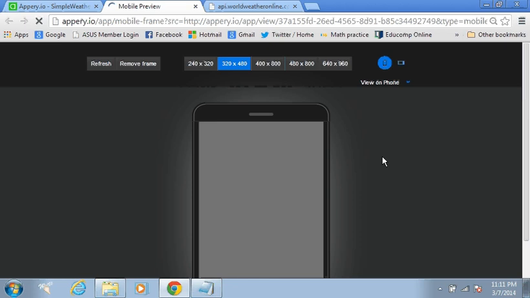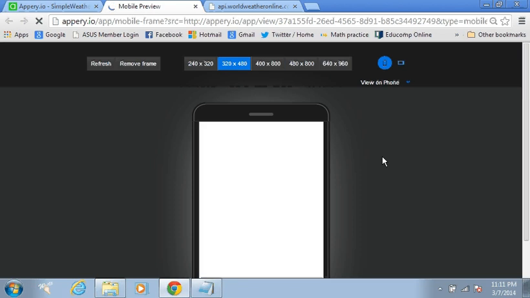And when we press the test button, there's a simulated test that is run in the browser itself, and we'll be able to see our app running as if it were running on a mobile phone. So the start screen that we created, we should be able to see it rendered here correctly.